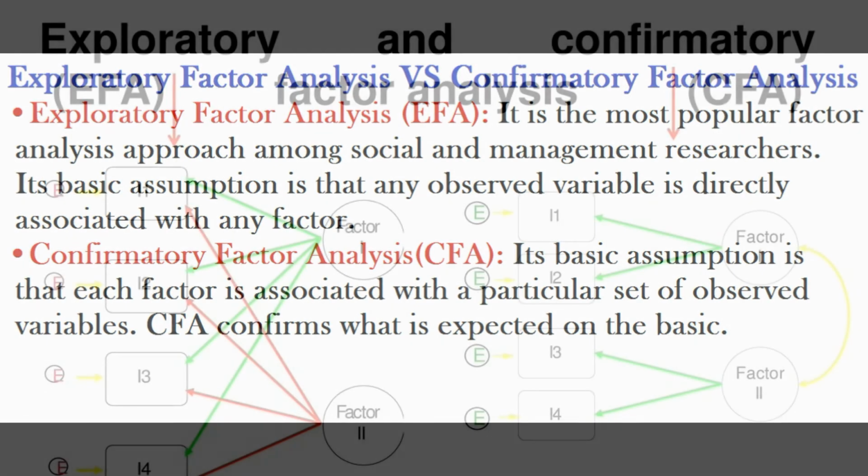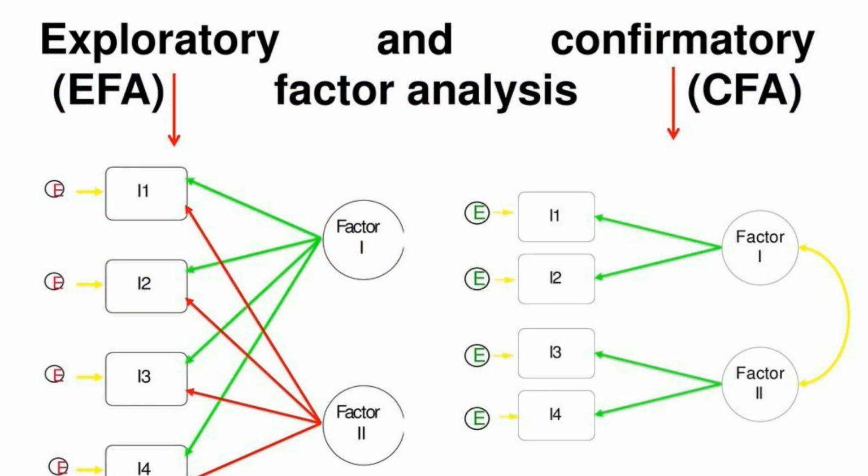It is a special form of factor analysis most commonly used in social research. It is used to test whether measures of a construct are consistent with the researchers' understanding of the nature of that construct. So confirmatory factor analysis is a multivariate statistical procedure that is used to test how well the measured variables represent the number of constructs. This technique is used to verify the factor structure of a set of observed variables.